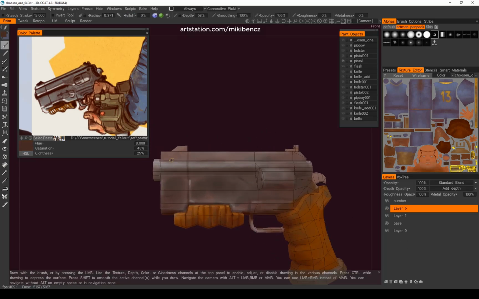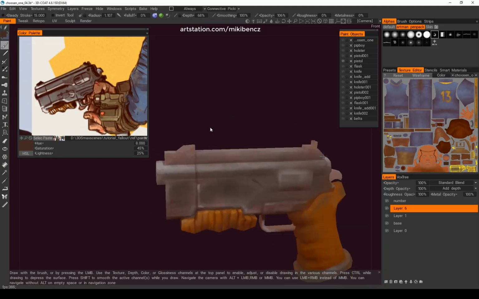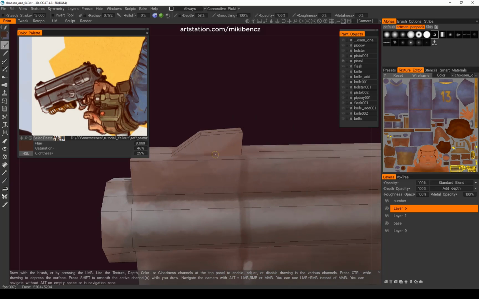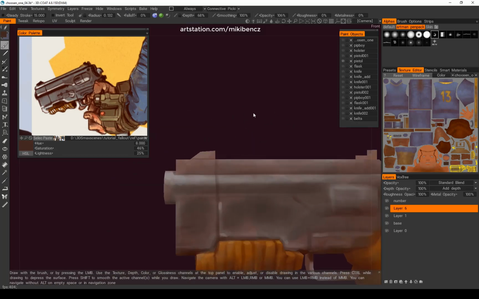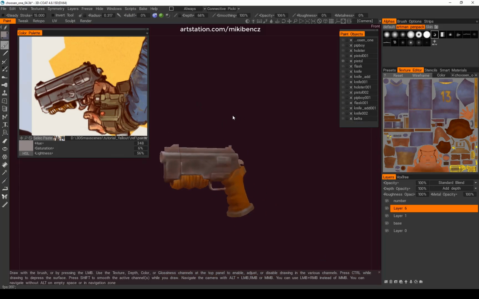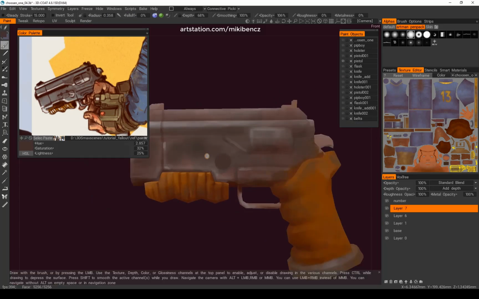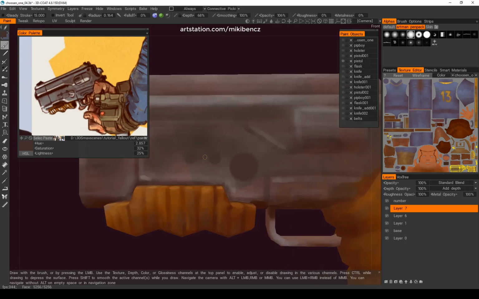There are sometimes, I'm not sure about this, but I feel like it's a good idea to give hot spots to areas of the texture. Like on this one, there is a hot spot at the end of the barrel, and I added a hot spot also on the handle